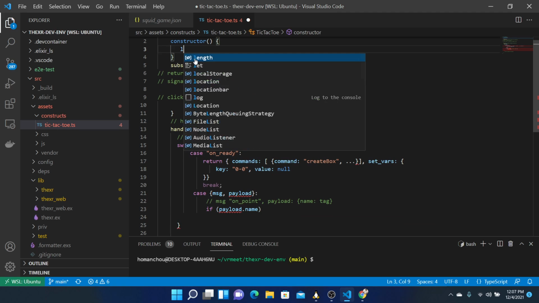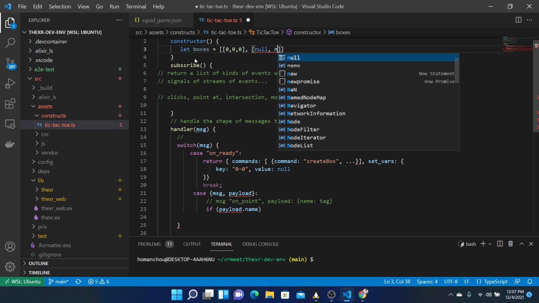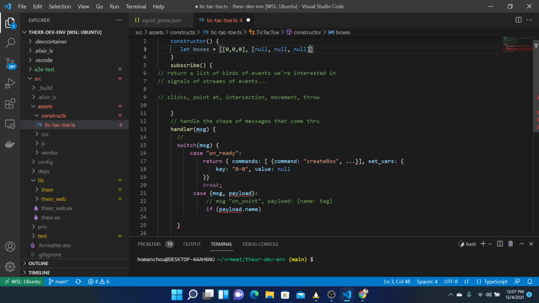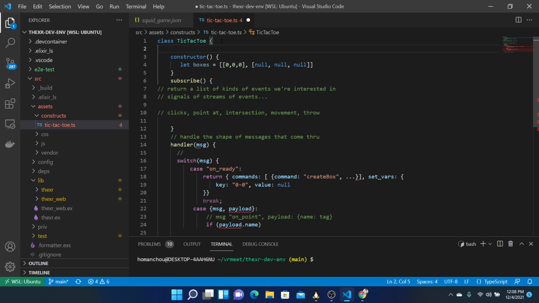So you can say let boxes equal, and first one, and then you got like, you know, 3 of them here, that kind of thing. So we can have boxes out here,